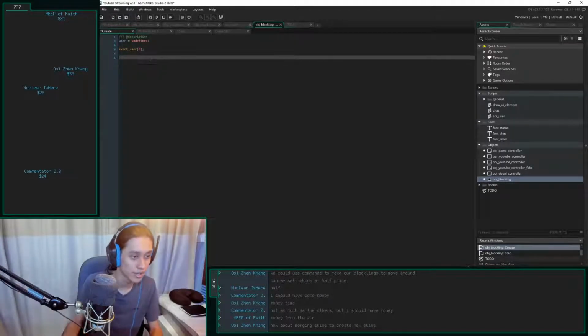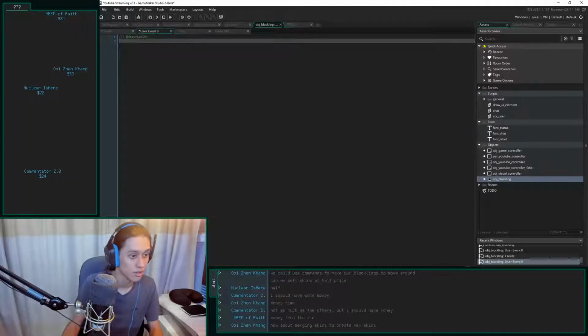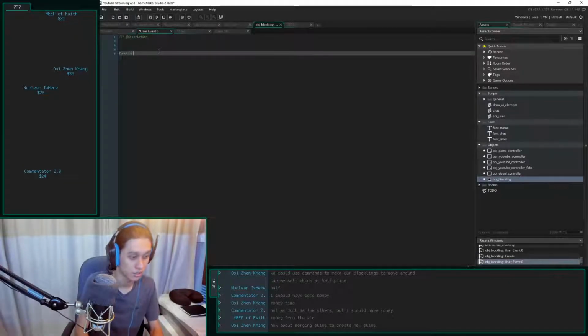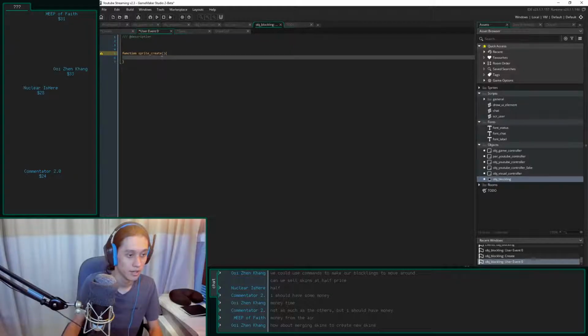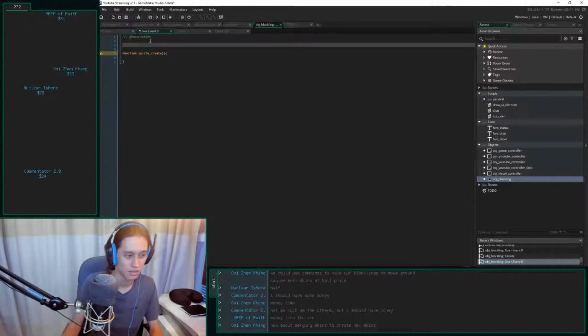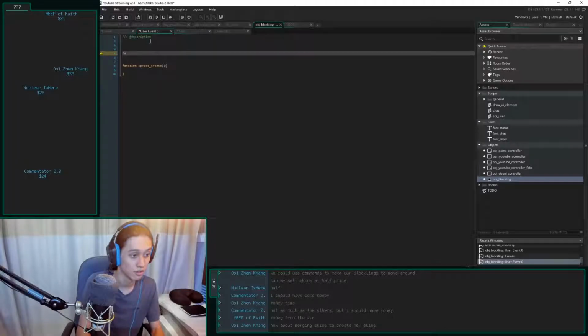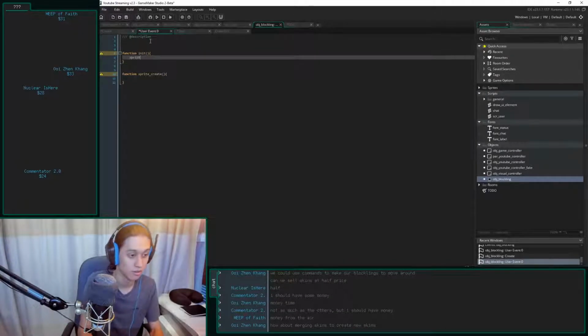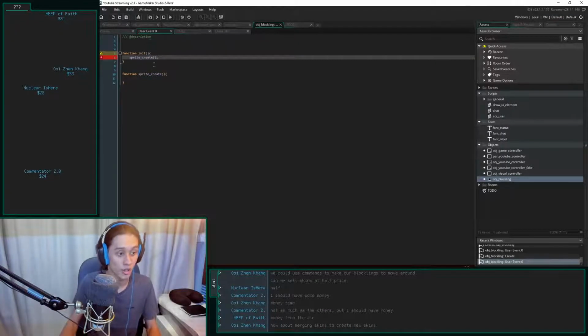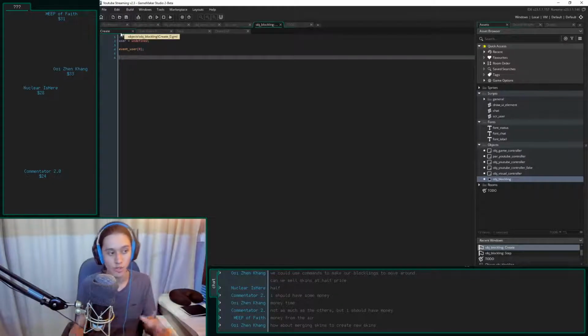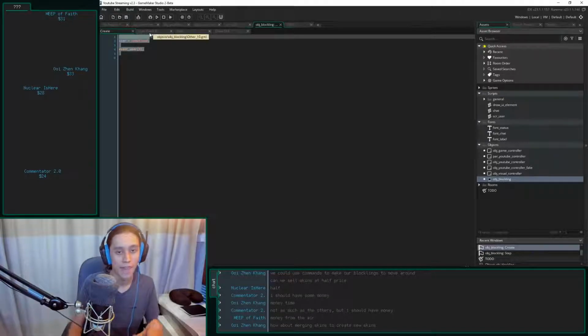I need to create the sprite. So this is going to be function sprite create. And I'm going to create a function init, and in init, I'm going to call sprite create. Now, the reason I have to use an init function that I will call later is because after I create these objects, the create event is run, and then all of the code following.